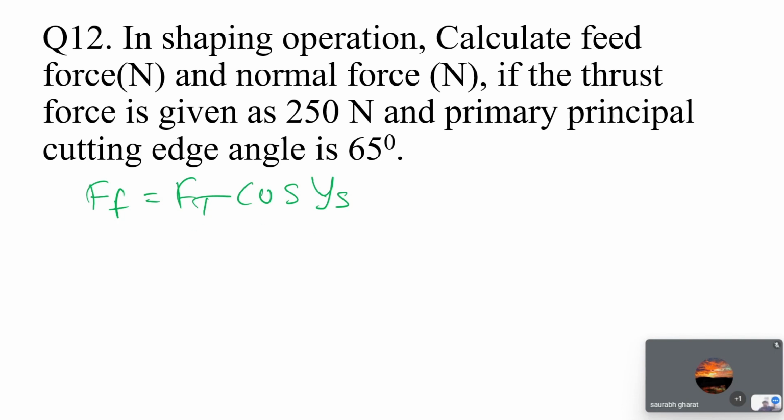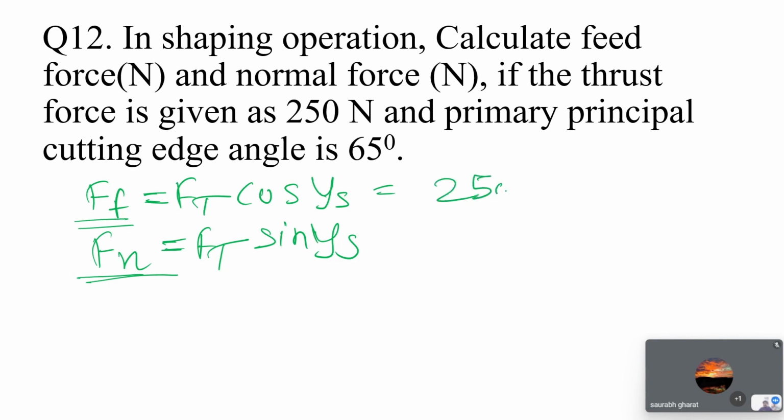It's gamma s. Okay, so gamma s is correct here because it is gamma. 2 alpha is gamma. Okay, sine gamma s. This is your concept. So Fn, Ff into Fn, so it will be Ft cos phi, the feed force and normal force to calculate. Simple, you have 250 Newton into cos of 65 degree. Okay, so it will become